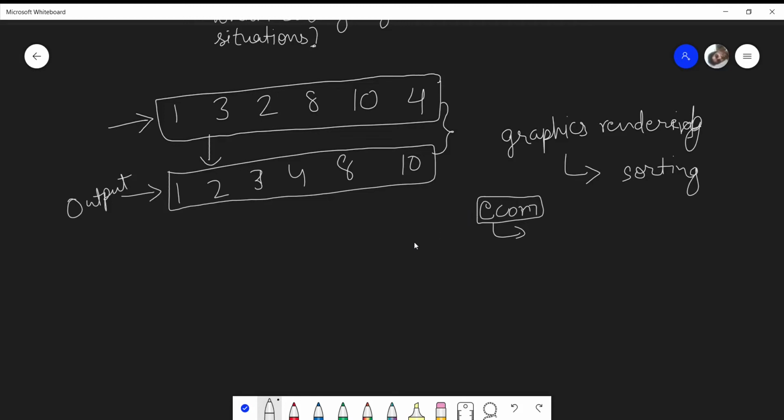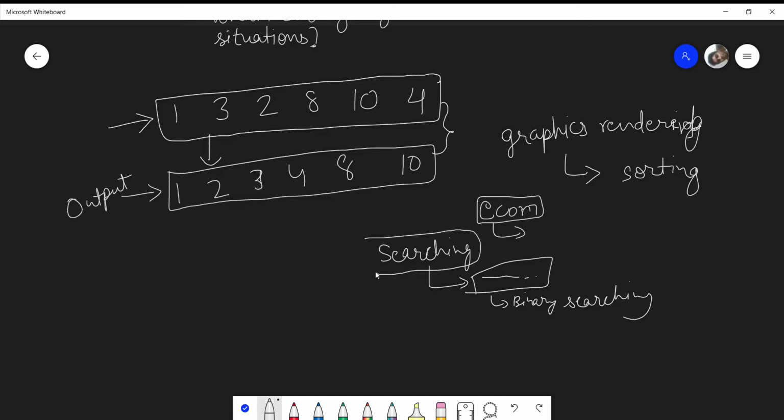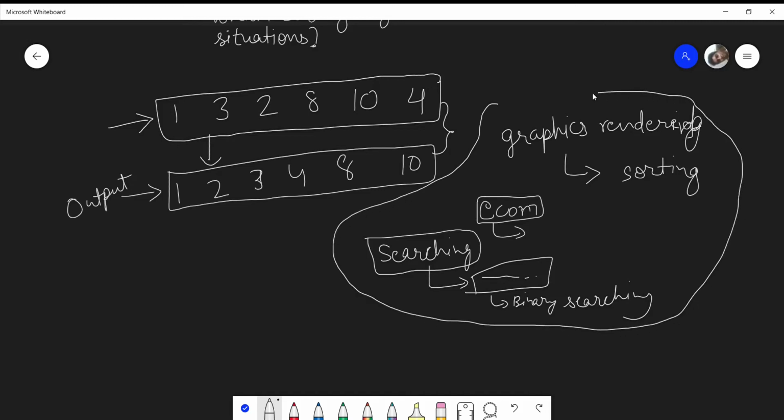So let's take the example of searching. Searching when done on an unsorted list will usually take more time than when we sort that particular list and then apply binary search on it. So we actually used sorting as a subtask in order to make our searching faster. So that is why we study sorting, because it simplifies many other algorithms, and it makes the other algorithms faster.